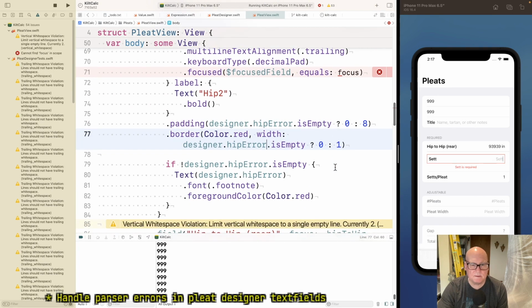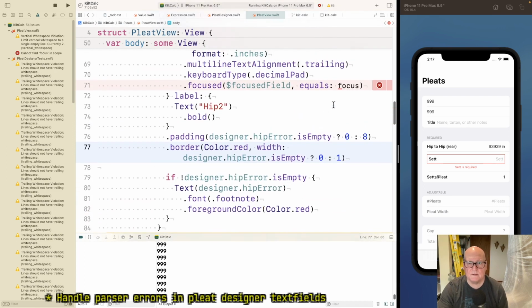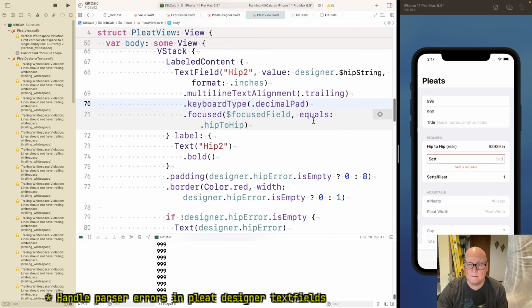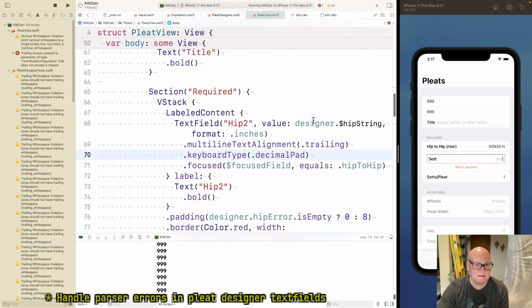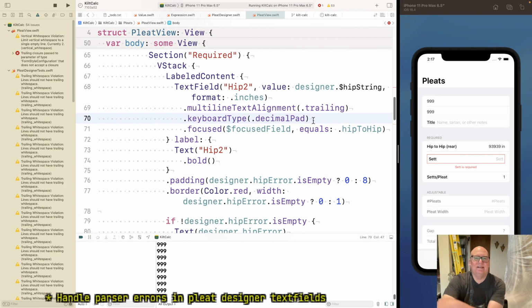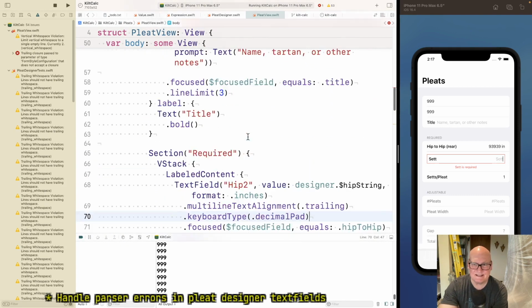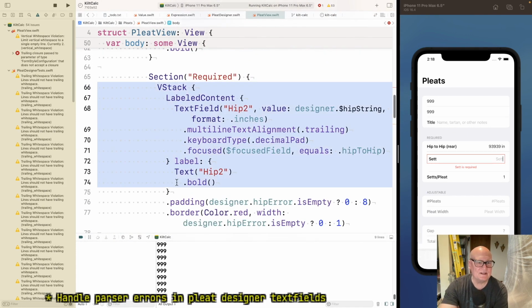Focus was my old nemesis. Whenever it doesn't like anything, it gives me that silly message. Trailing closure. Okay, so that was all this.